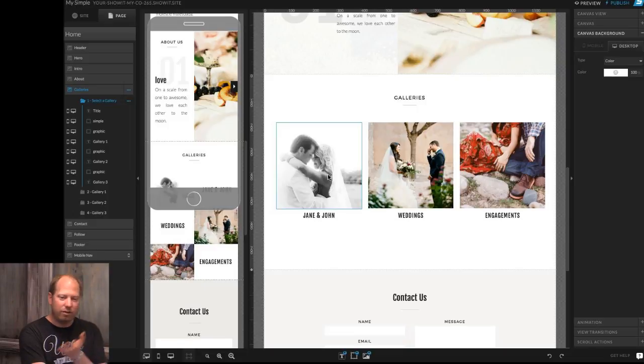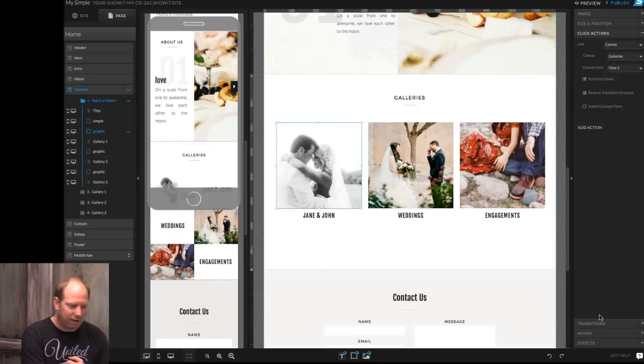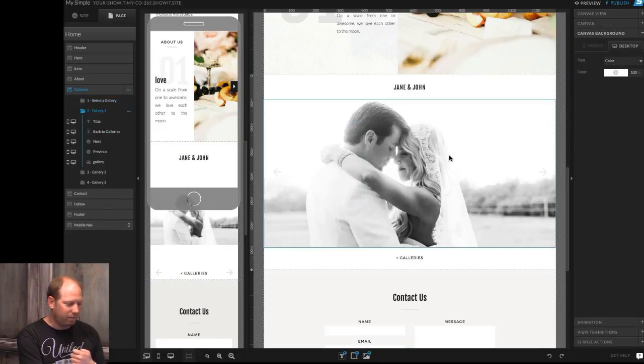So if you want to link to a particular view from an object, in this case this Jane and John image, we're going to select that. We're going to go to the click actions on the right hand side. We can link to canvas, so we have it linked to the galleries canvas, and then we have it linked to a specific view, in this case view 2. And so that would take us to view 2 of the galleries canvas, which is this view here,